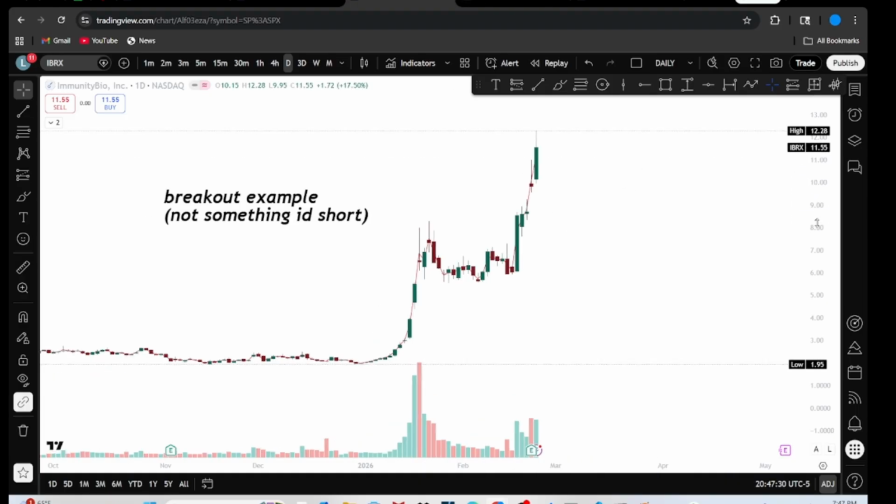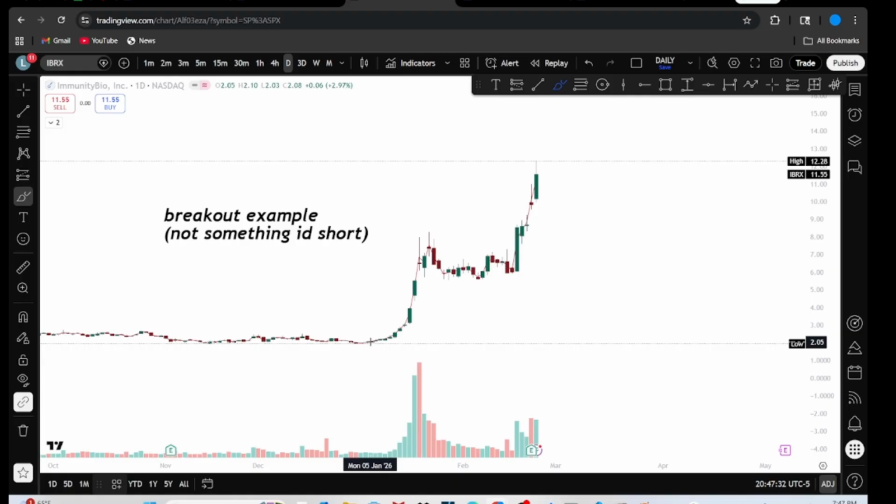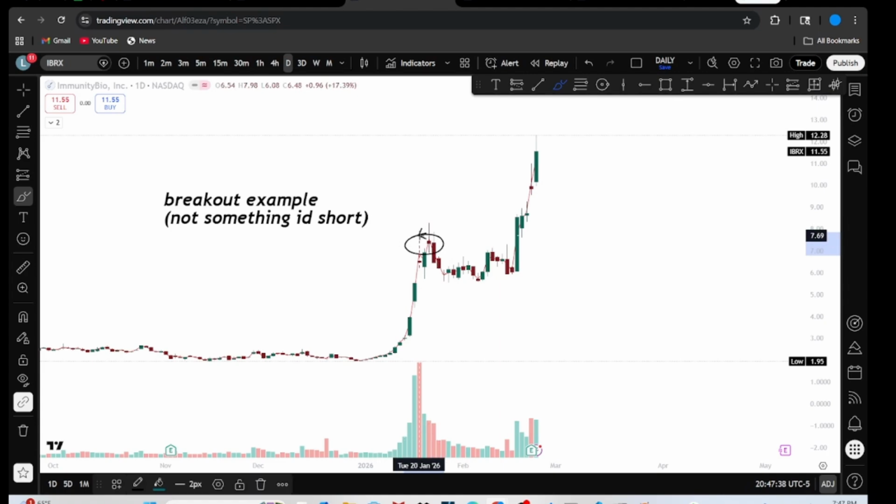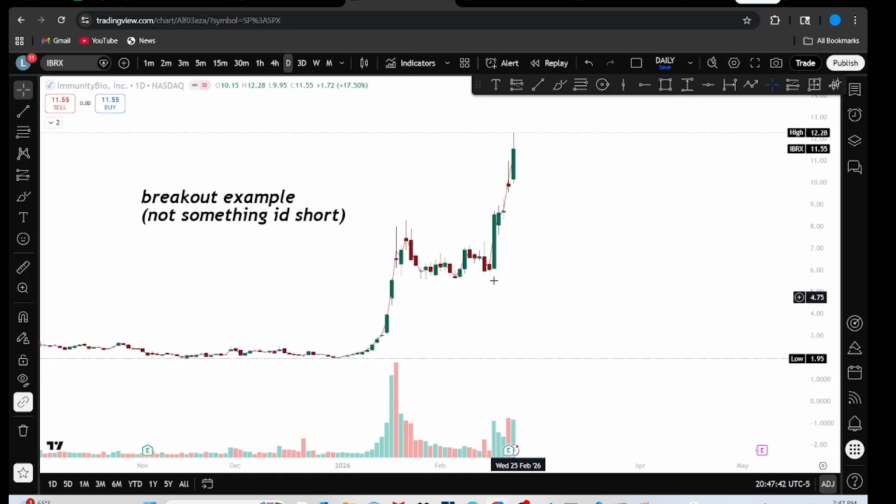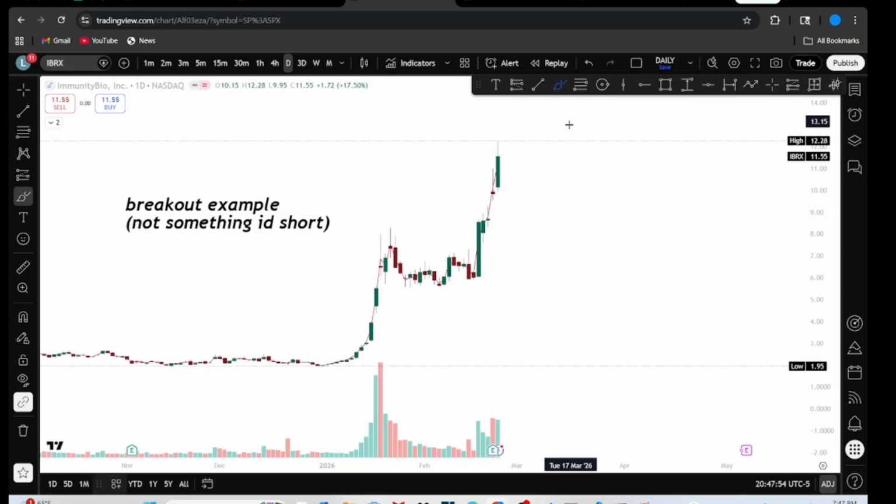This is what I would consider a breakout. We have a big move up from $2 to about $8. During these actual days here, they are valid for a short. But you start to understand, when you do this long enough, that when something does not act a certain way in a certain period of time, for example, this is not breaking down for multiple days in this area, that means it's no good. The best shorts and reversions will snap back very fast.